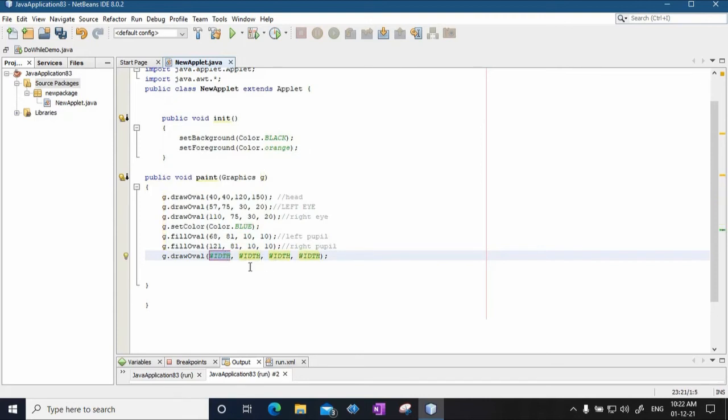The value of x will be 85, the y value will be, say, 100, and the width of the nose will be 30, and the height of the nose will also be 30. So this is the nose.